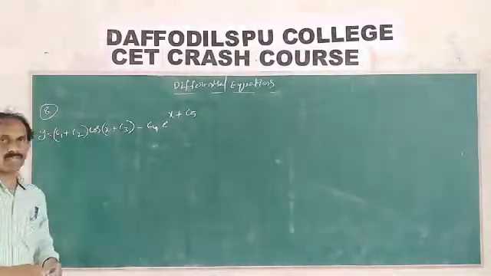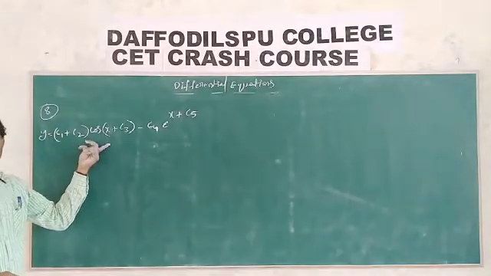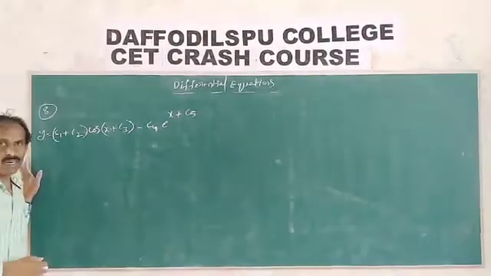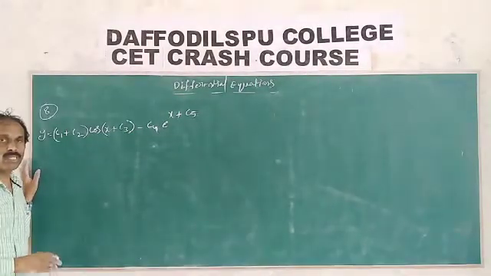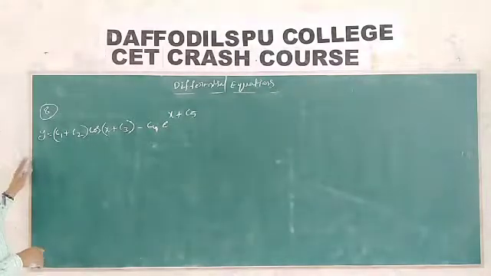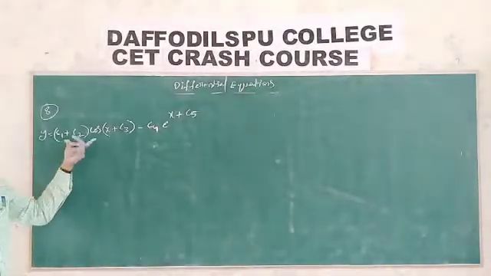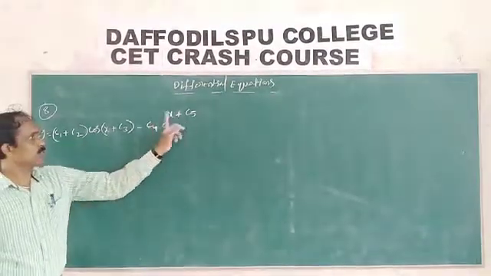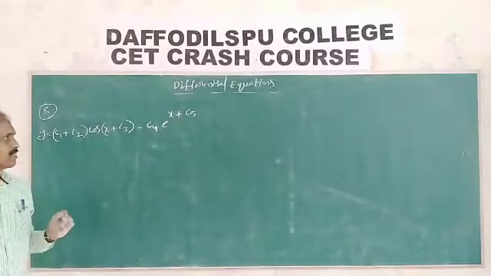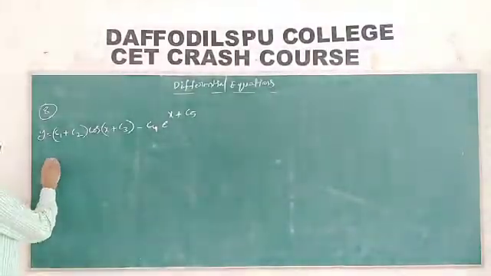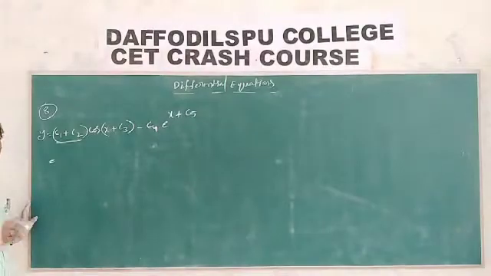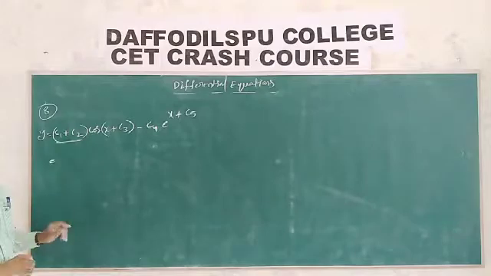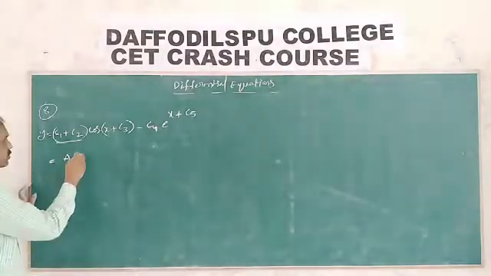How to find the order of the differential equation? In the function, how many constants are there, that many times we can differentiate. That is the order of the given differential equation. So okay, how many constants are there? Generally we see c1, c2, c3, c4, c5. Actually there are five constants, but we treat c1 plus c2 as a single constant. Suppose 5 plus 7, 5 is a constant, 7 is a constant, so 5 plus 7 is a single constant. Therefore, it is a single constant.